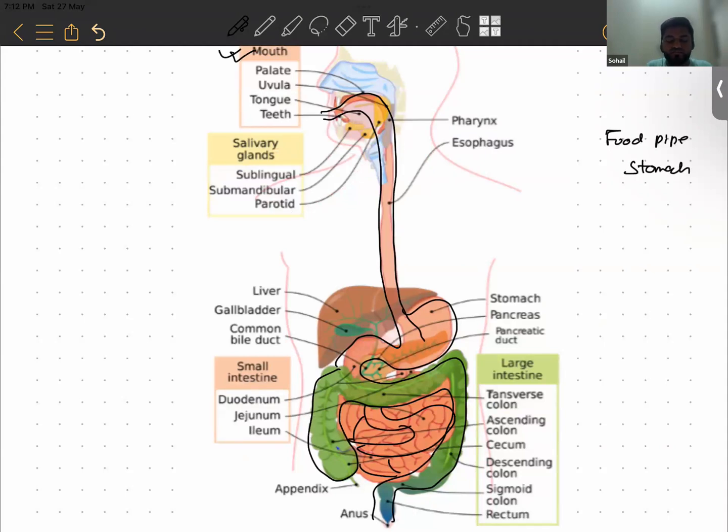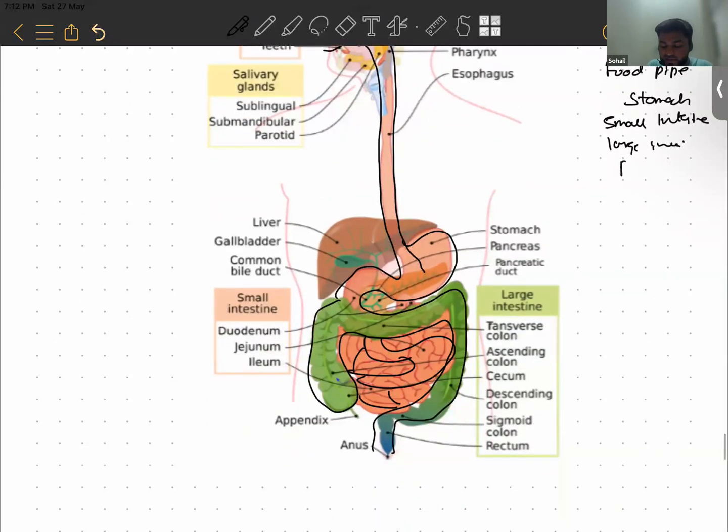and then first you have small intestine. After small intestine comes large intestine. So small intestine and then large intestine. Okay, very good. And there are two things which you left here. There is rectum also, right? And there is anus also.